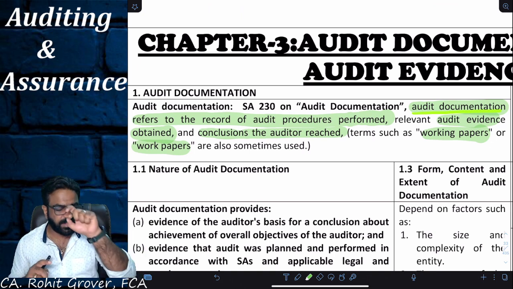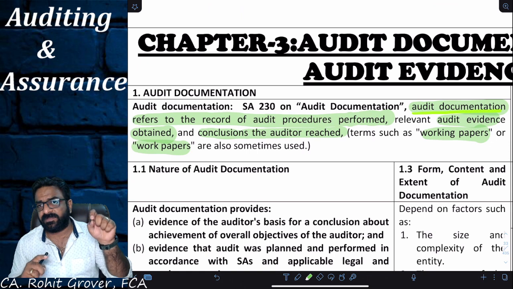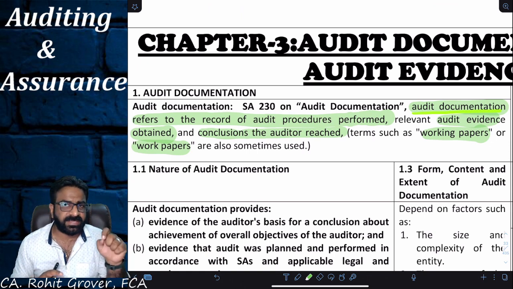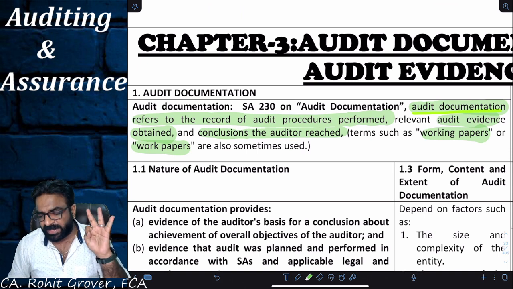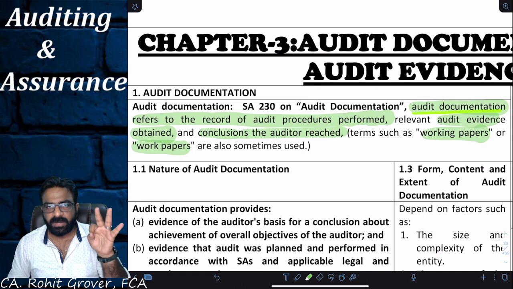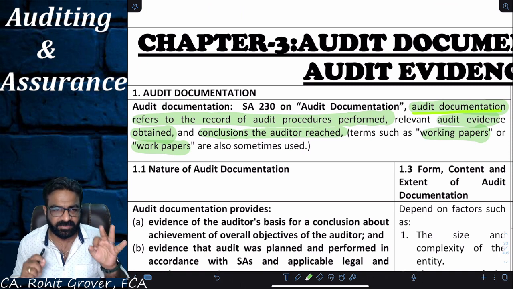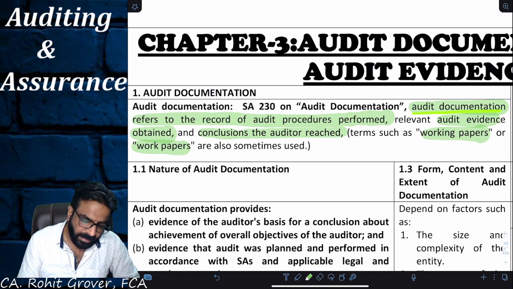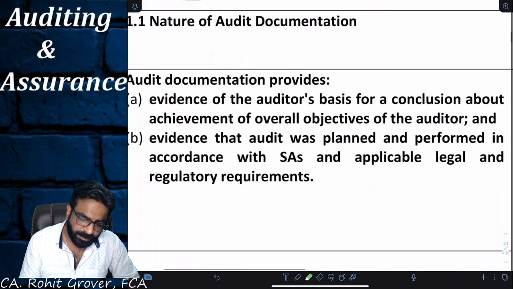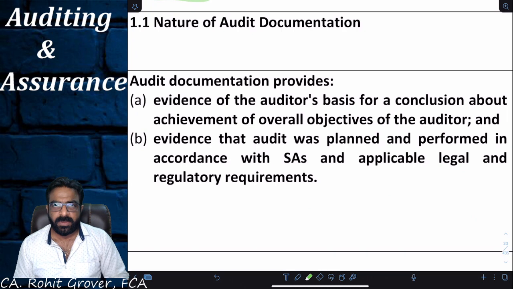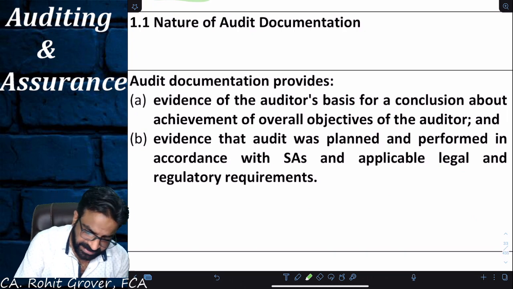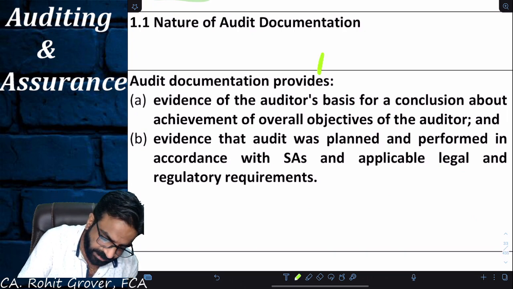Yes, sir. So the first place where we have heard about audit documentation is SA-200. It is one of the basic principles governing an audit. It includes my audit procedures and techniques, the evidences which I have collected, and the various conclusions which I have drawn. Acha, tell me one thing. What does audit documentation provide, everyone? Look at these two points A and B in front of you. Audit documentation basically demonstrates my performance.